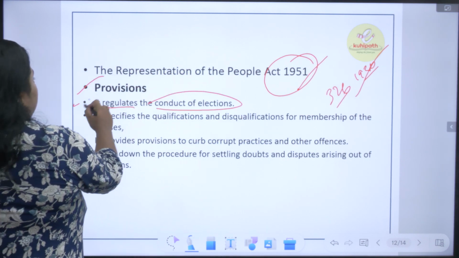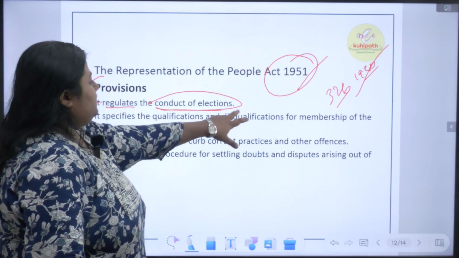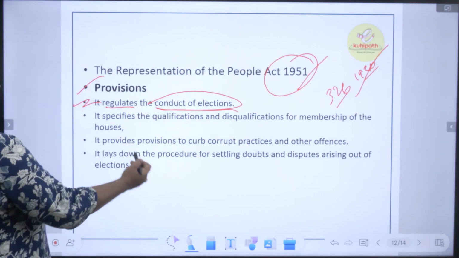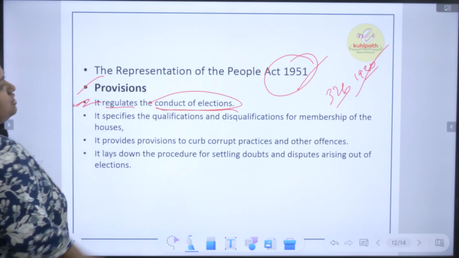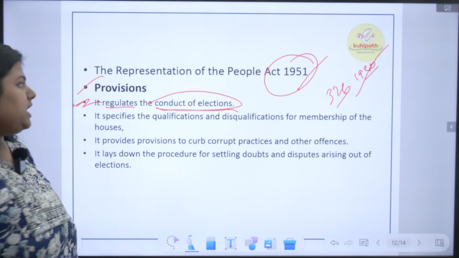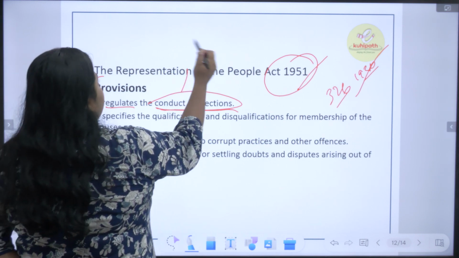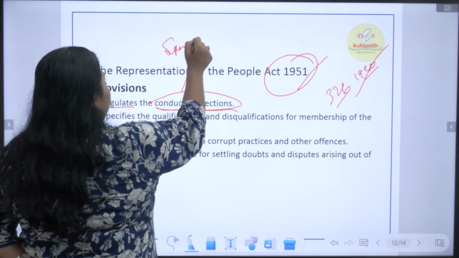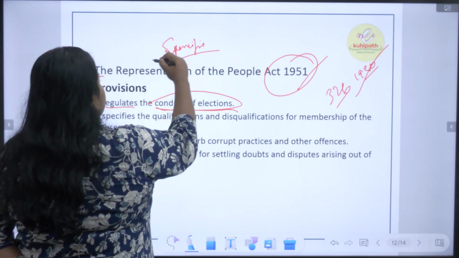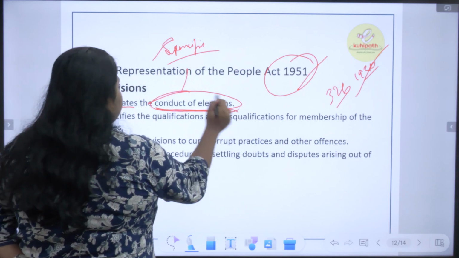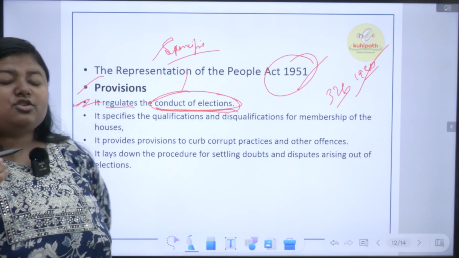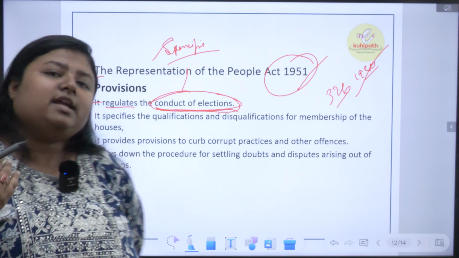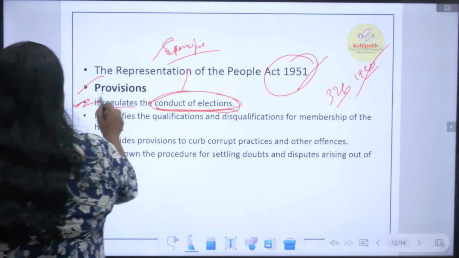How elections are conducted at the ground level, the Representation of People's Act 1951 ensures. Fine. Okay, it specifies